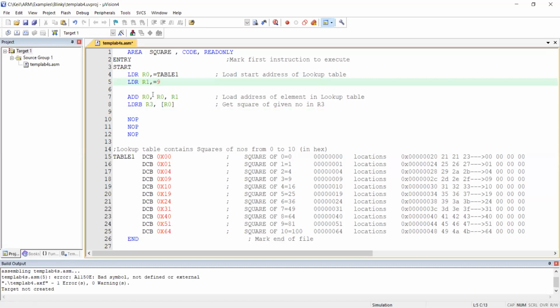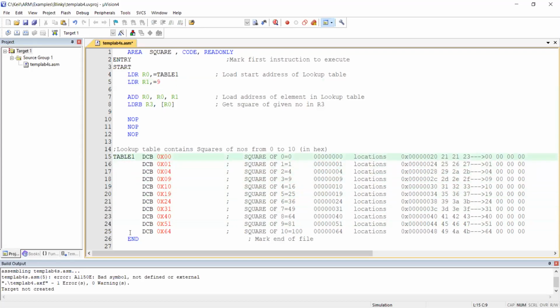So it is going to store the address of 9, because these all are table 1 plus 0, table 1 plus 1, table 1 plus 2, table 1 plus 3, like that. Because we are not going to fetch the value 9 here. It is going to store the address of every location. Are you getting it? The address of every location.